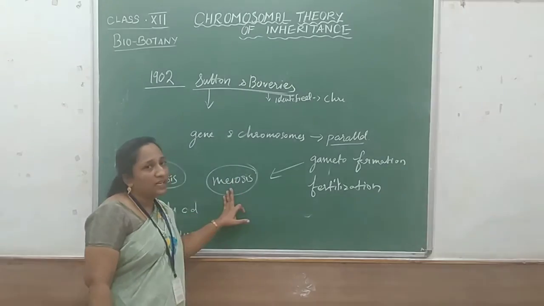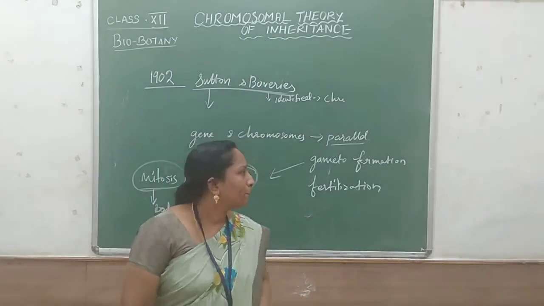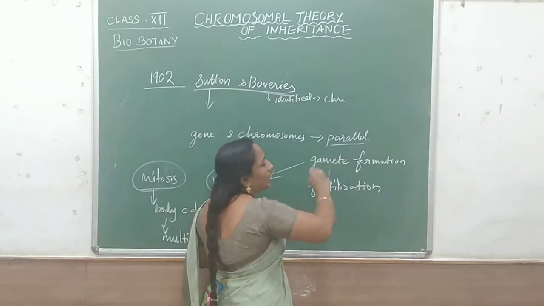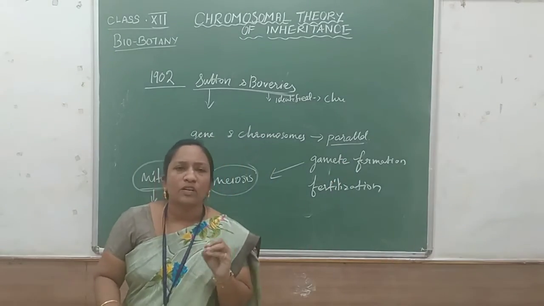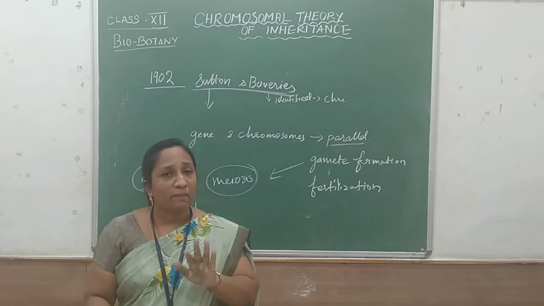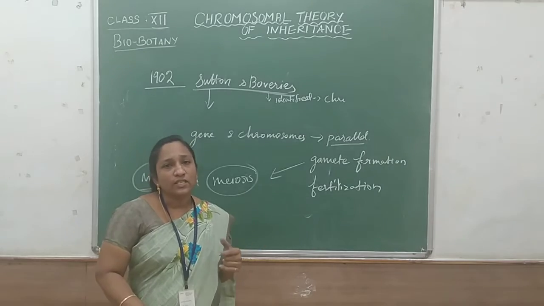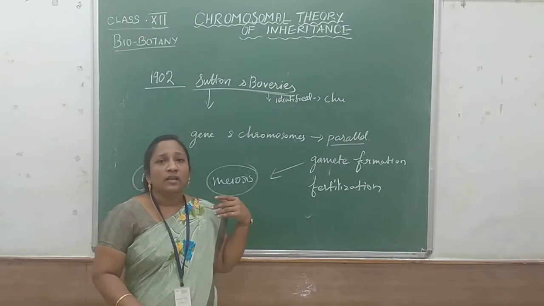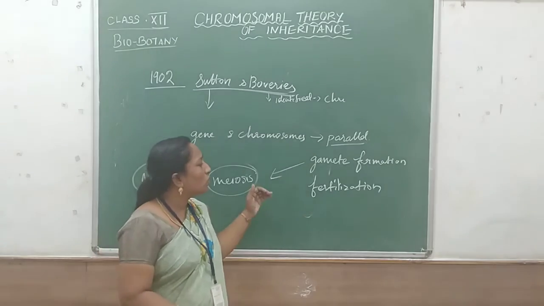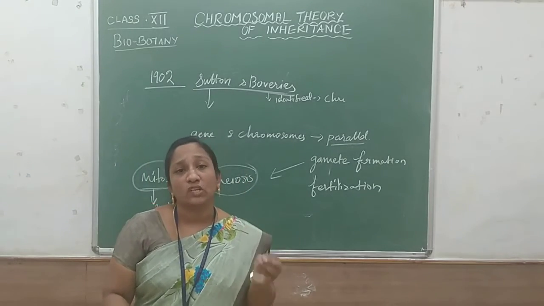And what is meant by meiosis cell division? Meiosis cell division takes place only in the gamete cells. Where are the gametes present? They are present in the reproductive organs. For male, a pair of testes is there, and for the female, the ovary. But in plants, what is the male reproductive organ? Androecium, and gynoecium, as we learned. So only in those particular organs do the gametes undergo meiosis cell division.